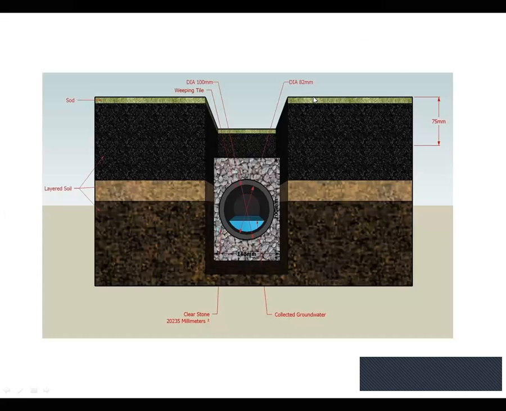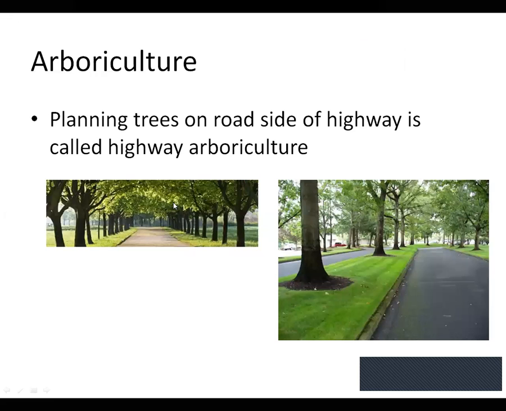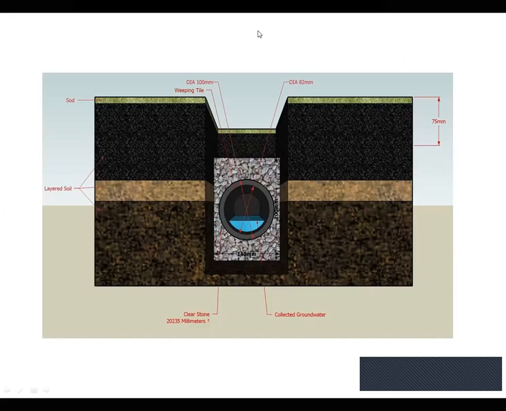So here is the figure. Here you could see that this is the pipe, which is a perforated pipe. We are considering it as a perforated pipe having some kind of holes, surrounded by aggregate or sand, so that it attracts the water, and that water is transferred to the main.